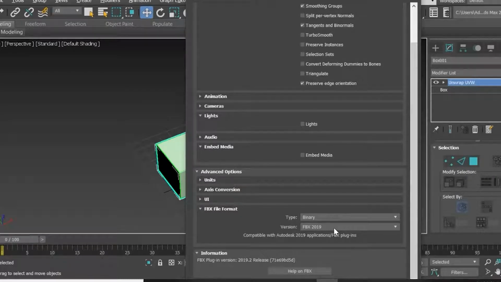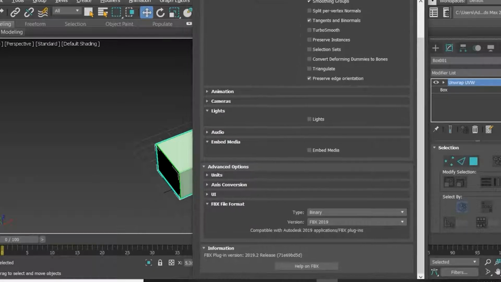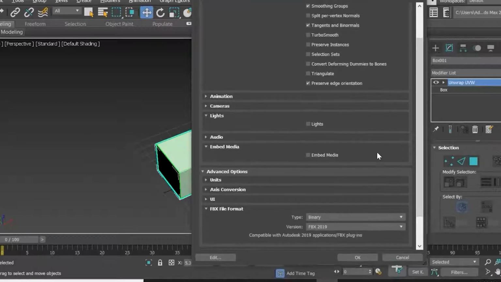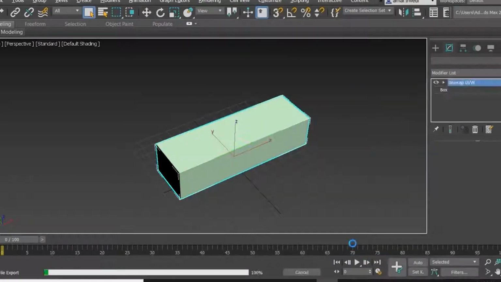Here I have to use the latest FBX 2019. If I click over here, it shows which product, or if I want to import this object which I've created in Max into Maya or any other Autodesk software, it is indicating over here the 2019 applicable FBX plugin, correct? So this is really very handy to use. Just a little bit slow. Drag this over and click OK.